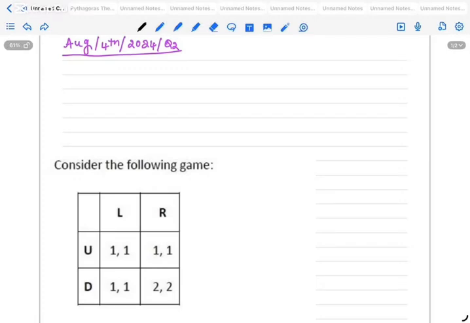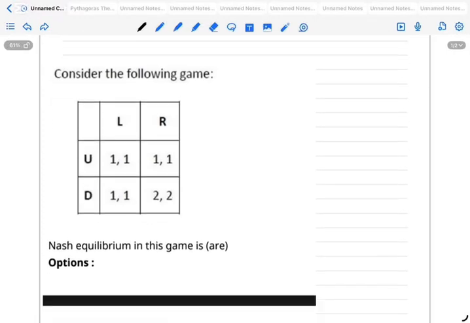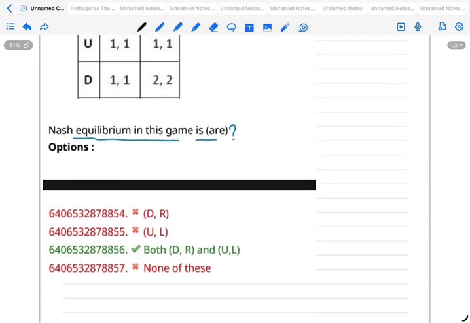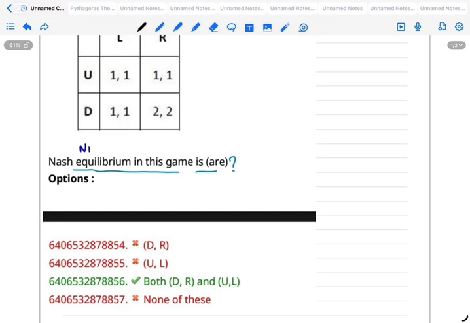Table L, R, U and D. The question is: what is the Nash equilibrium in the game? So Nash equilibrium is